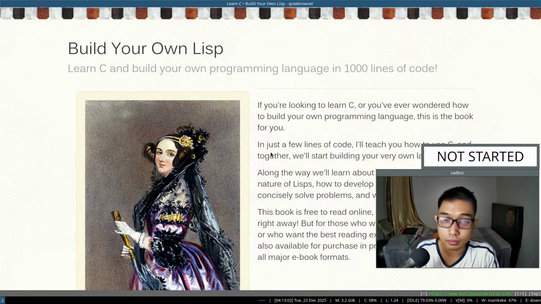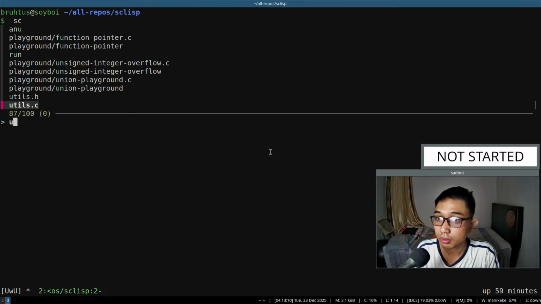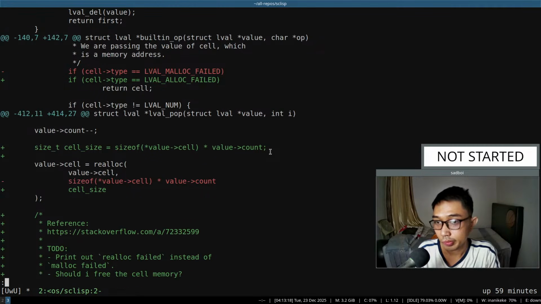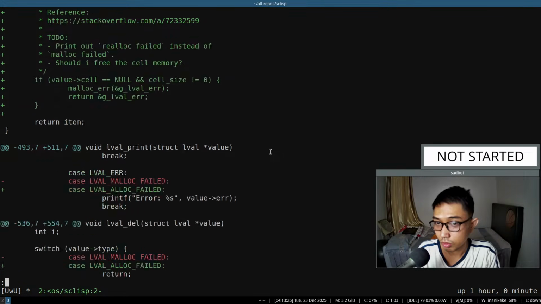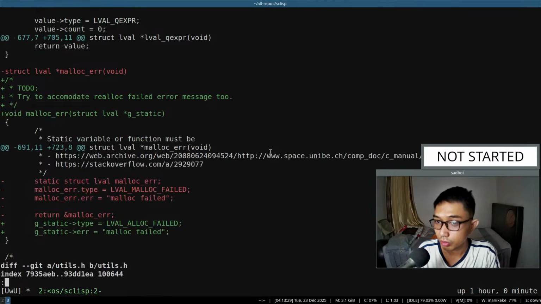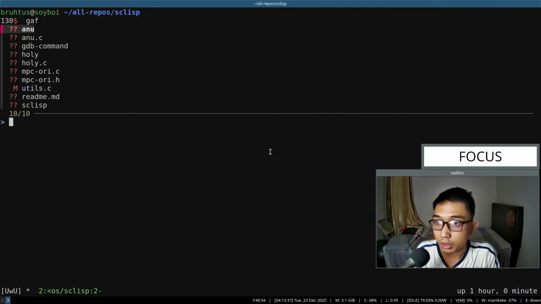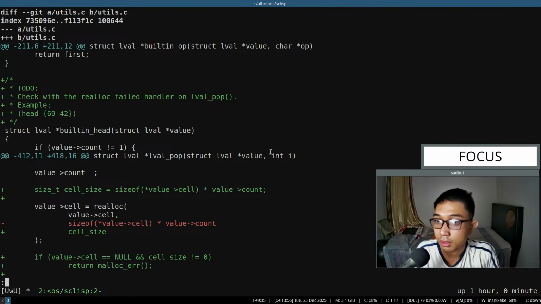Let's continue. I've been thinking of just exiting the REPL if there is a location error. So